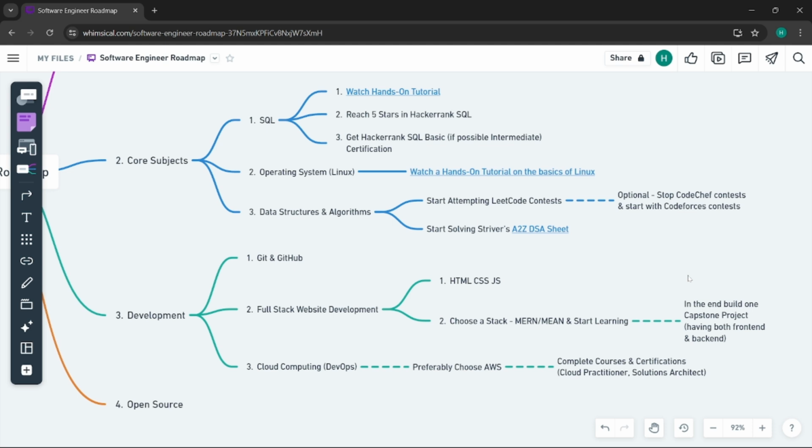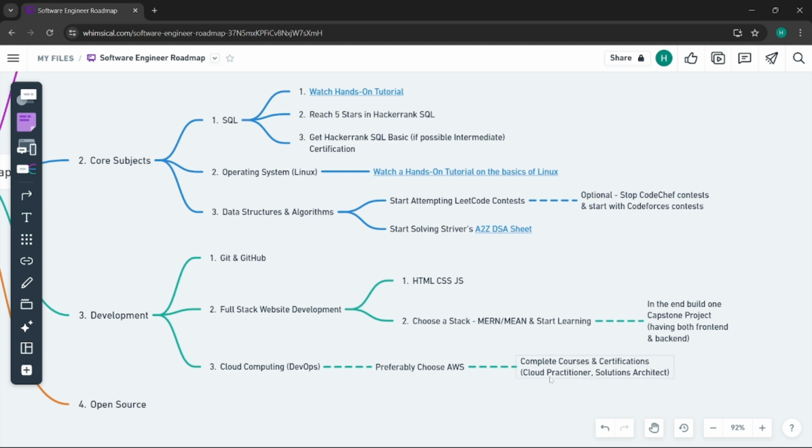This is just an example of how we can use DevOps. This is just a part of cloud computing. This is not complete cloud computing. So I just gave you an example. So for cloud computing and DevOps, preferably choose AWS, and other options which are available are Microsoft Azure and Google Cloud. Right. So AWS is the third one, and I will suggest you choose AWS.